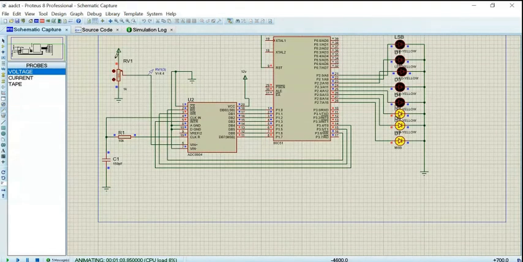I assumed the input is 5 volt here. So 5 volt, 8-bit output meaning 256 total possible combinations. So 5 volt divided by 256 is your step size. For that particular step, the binary output will increase by one.